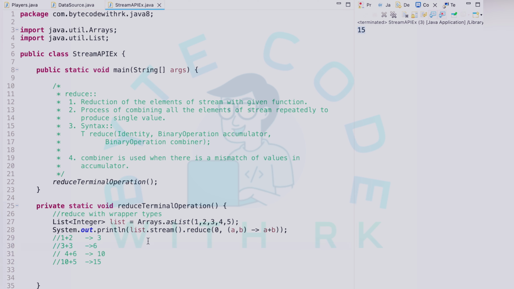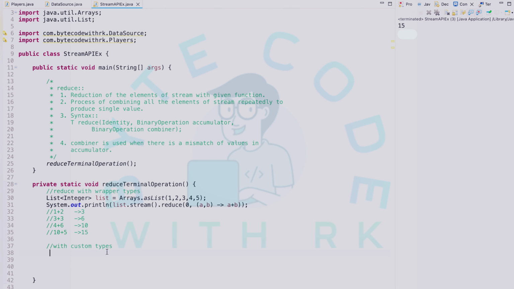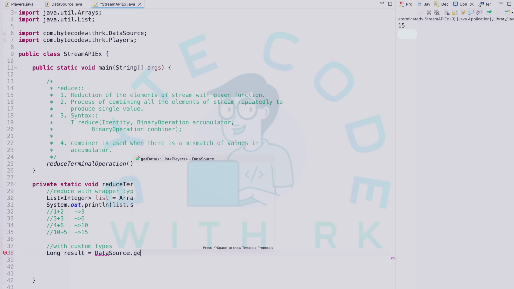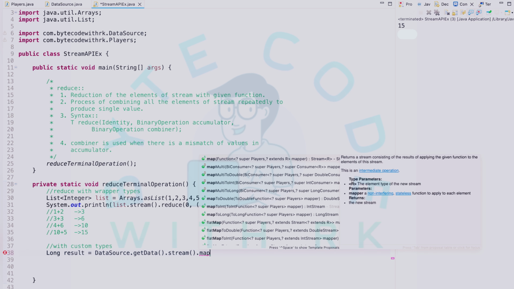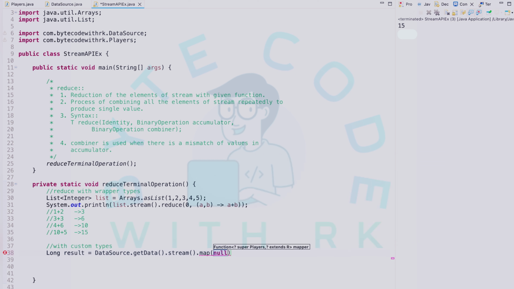That is about reduce with the wrapper types. Now let us see reduce with the custom types. Long result equals, I need to get the data from the data source class using the getData method, and I am applying stream to the getData method, and then map, because I want long data. I don't want the entire object. For that I am applying Players::getForce. I just want the force of this one,